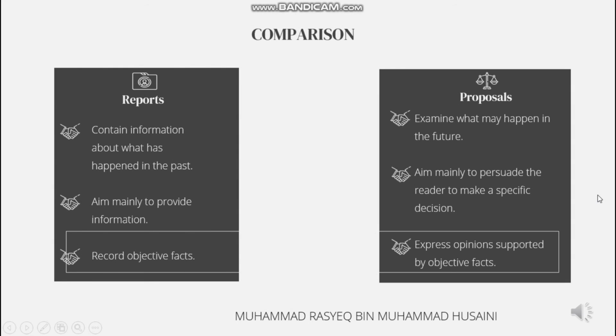So, what is the main difference between these two documents? First of all, reports contain information about what has happened in the past, while proposals examine what may happen in the future. Secondly, the report aims mainly to provide information, while the proposal aims mainly to persuade the reader to make a specific decision. Last but not least, a report records objective facts, but